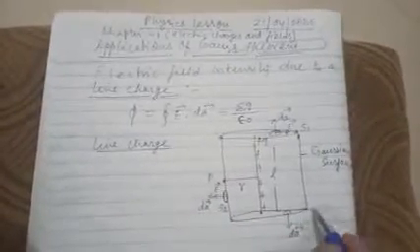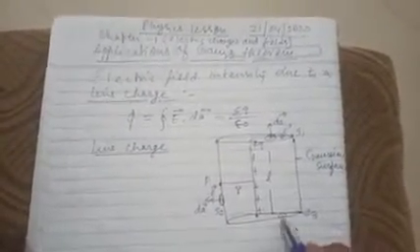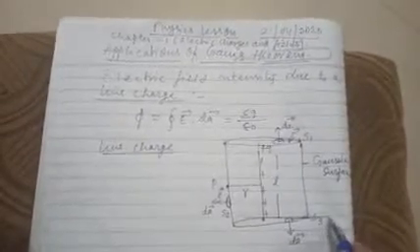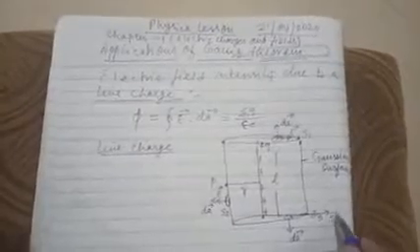And for surface S3, electric field intensity is in this direction. So this is the electric field intensity. We calculate flux through these three surfaces and add them to obtain the total flux through this